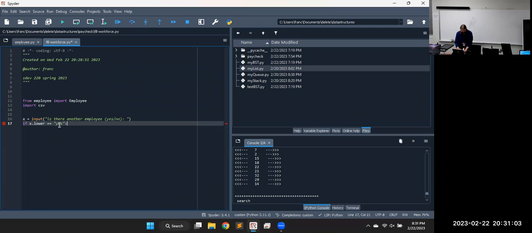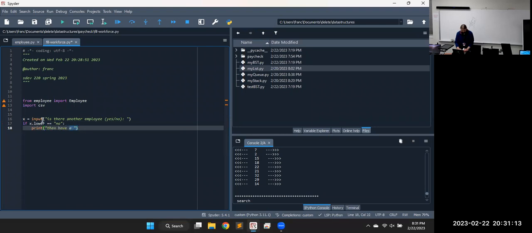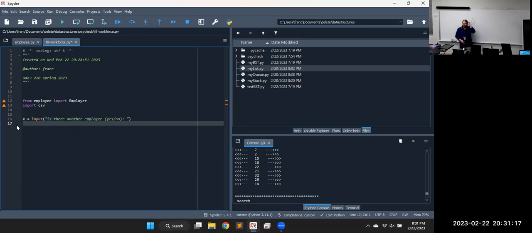Well, I don't need to know first. No is the shorter one. So if it's no, then print, then have a... actually, I'll just look through it. We don't need a message at the end or anything. If, or while x.lower is equal to yes,